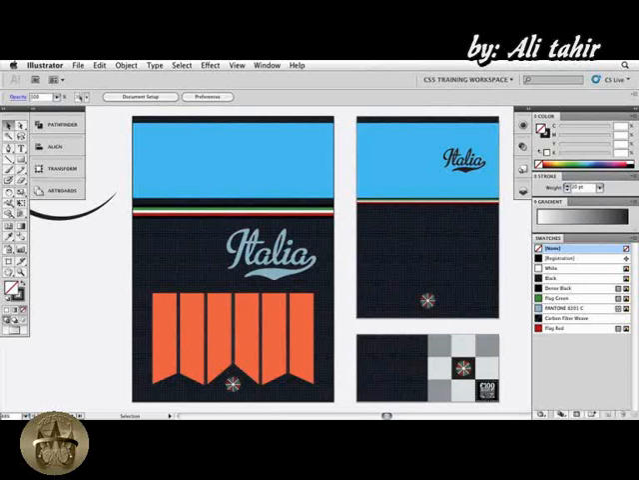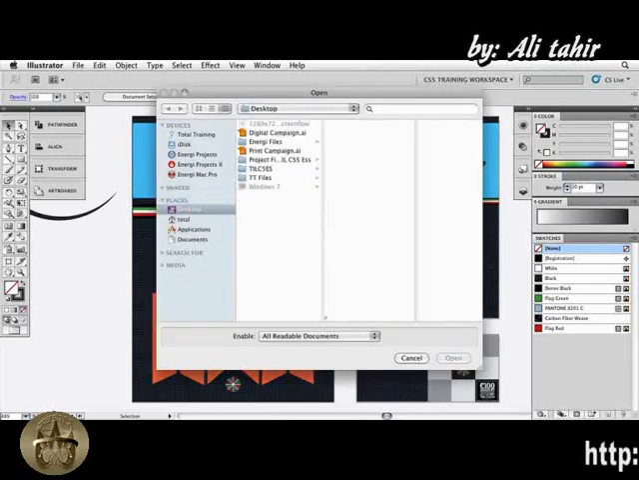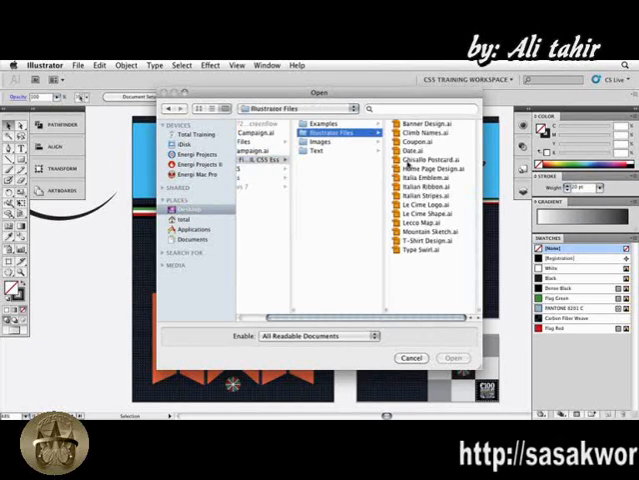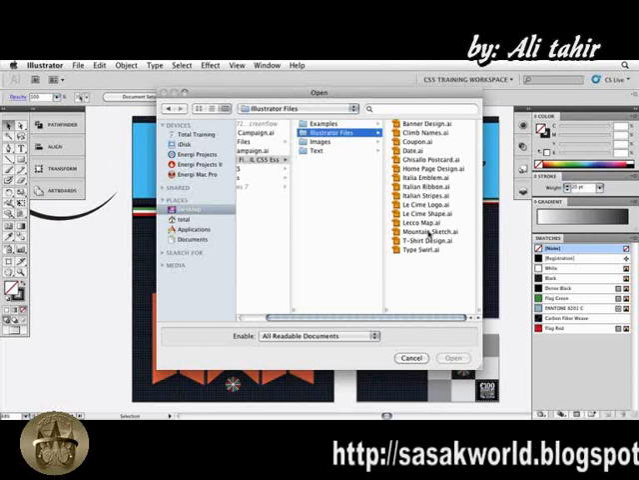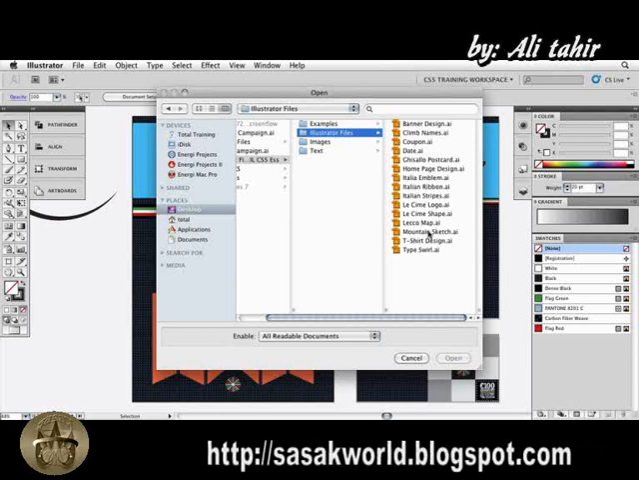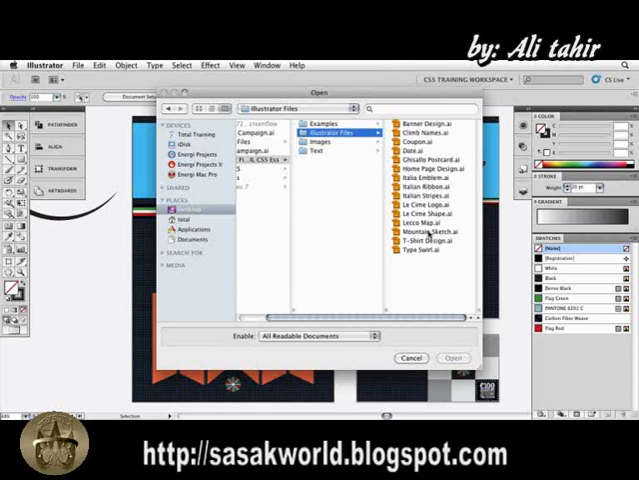Now, this is going to be done in a separate document, so let's press Command O or Control O on the PC to bring up our open dialog box. Come over to your project files, go into the Illustrator files folder, and let's open this one called Mountain Sketch AI. Now, when you open it, if you get a warning about Illustrator not being able to find the Bormio image, simply click Replace and navigate to the Images folder in your project files folder, and you'll be able to